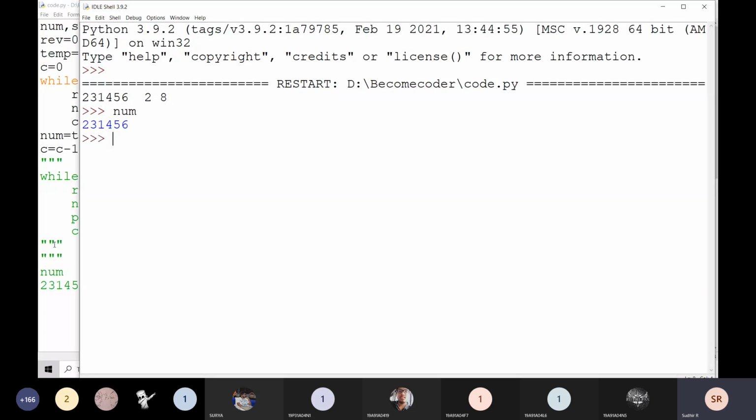The num value is going to be in reverse order. What is the C value? The C value is going to be 5, and the number by